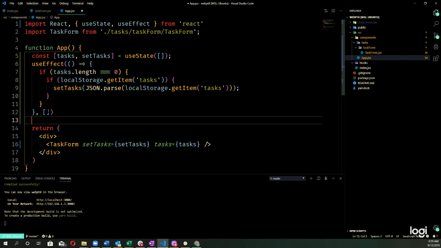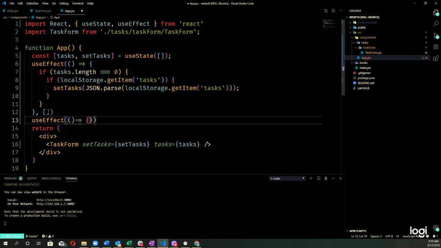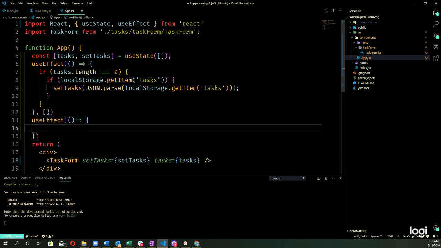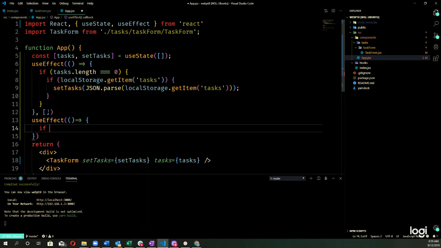So let's do another useEffect, and this time we will set that dependency to task, and basically if task